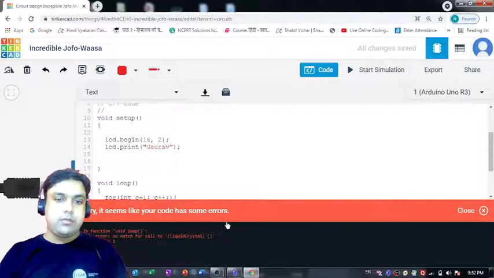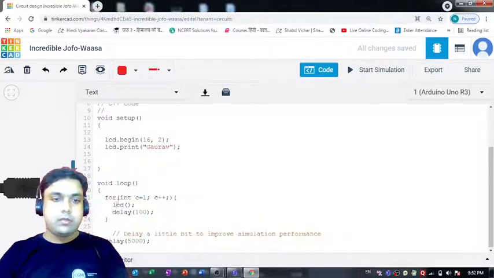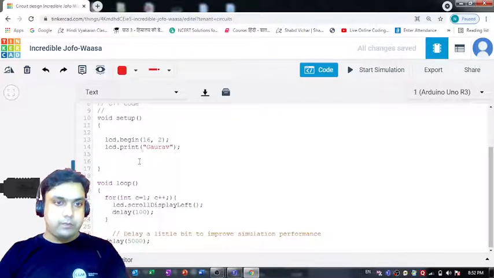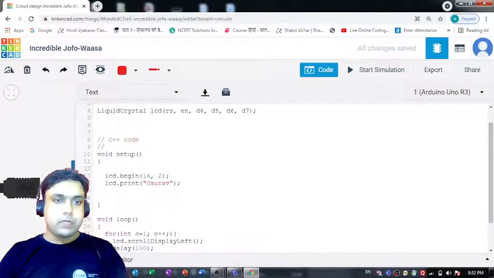Okay, so that's what it is showing me right now. LiquidCrystal. Okay, so that's the function. Now we have to call this lcd.begin. That is perfectly fine.